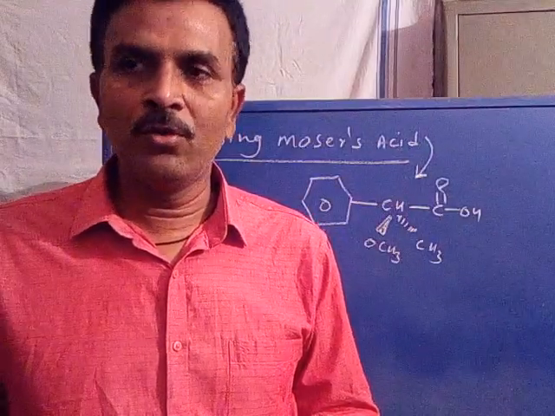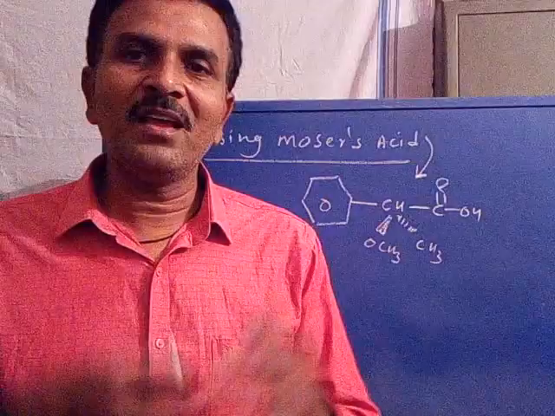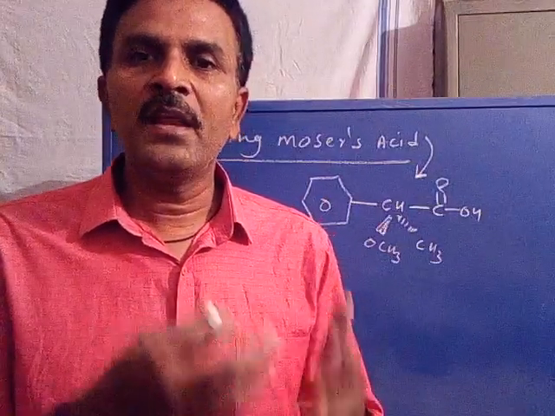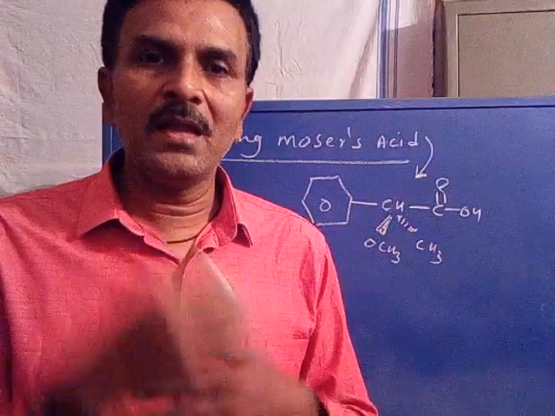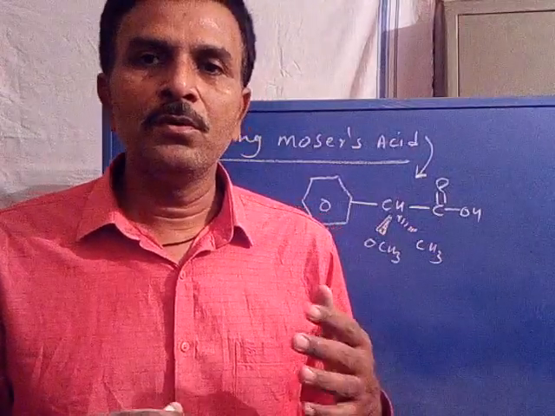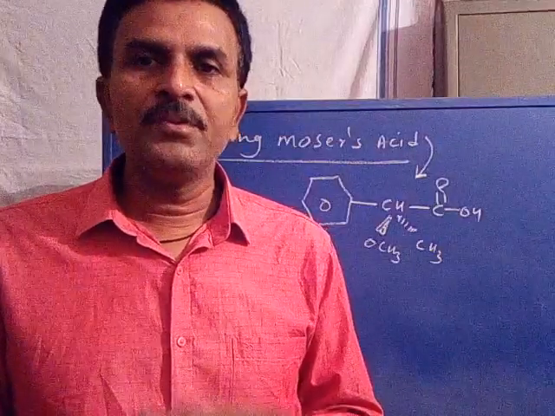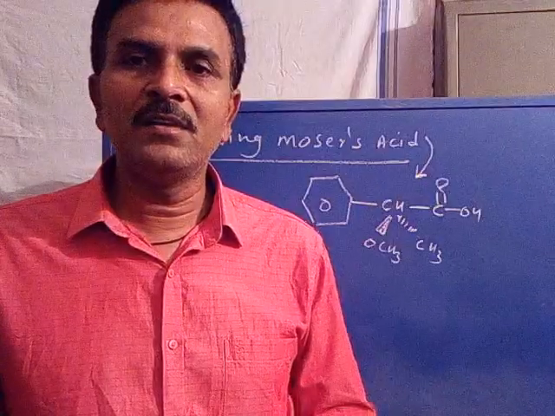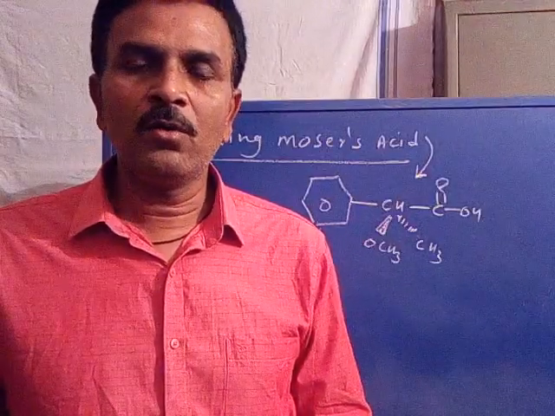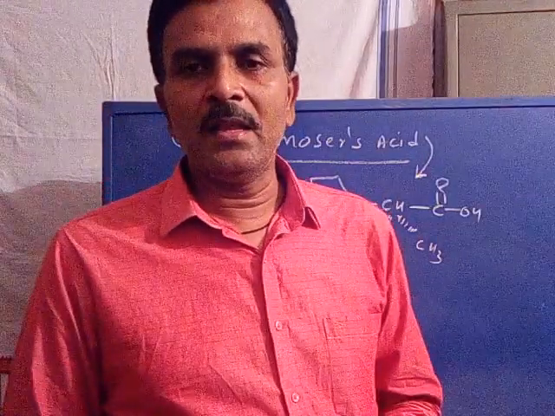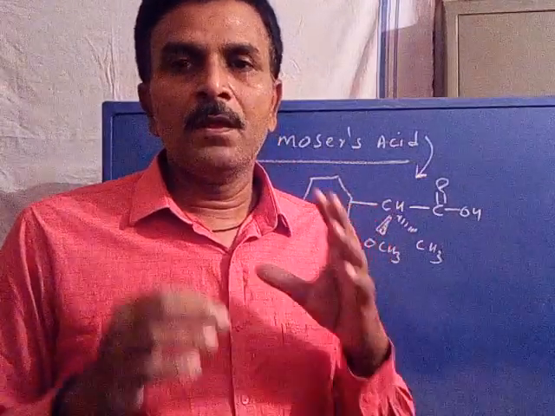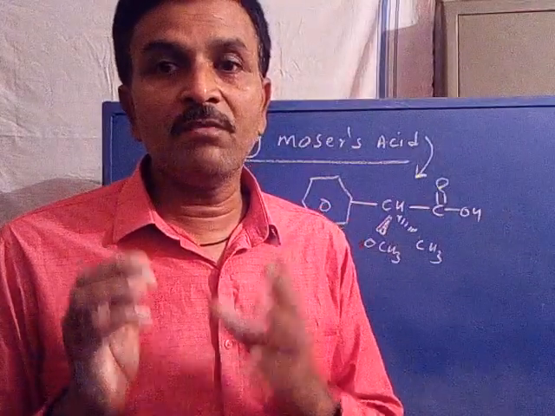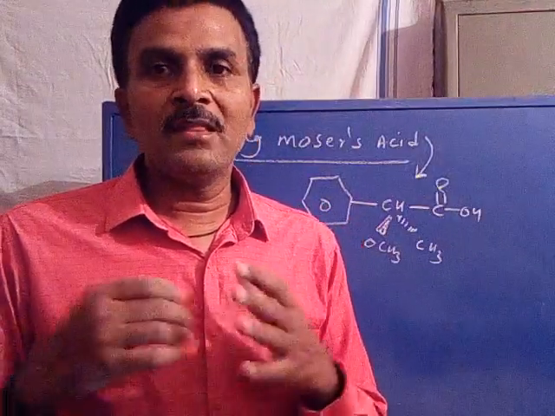help of Mosher's acid, where the Mosher's acid reacts with an enantiomeric alcohol to form an ester. The diastereomeric formation is due to ester bond formation, which is reversible. Hence, the Mosher's acid can be easily detached from the diastereomer to get the S isomer and R isomer separately. Is it clear? This technique is useful for the discrimination of an enantiomeric mixture of alcohols only, where the enantiomeric mixture